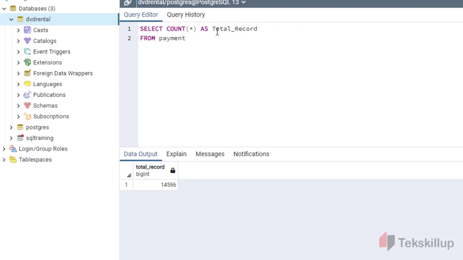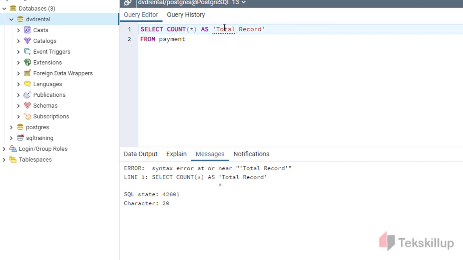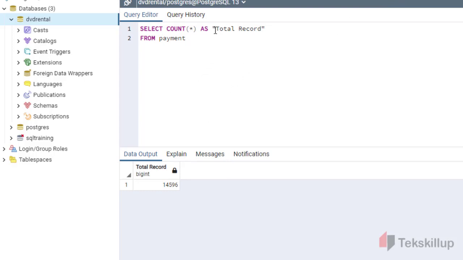Okay, you don't need to separate these. When you are writing queries, you don't have to separate the two keywords. If you are to do this, you need to use a double quotation mark around this before you can run your query. So it's either you are using a double quotation mark to give an alias to your column, or you write your column with an underscore. All right, so total